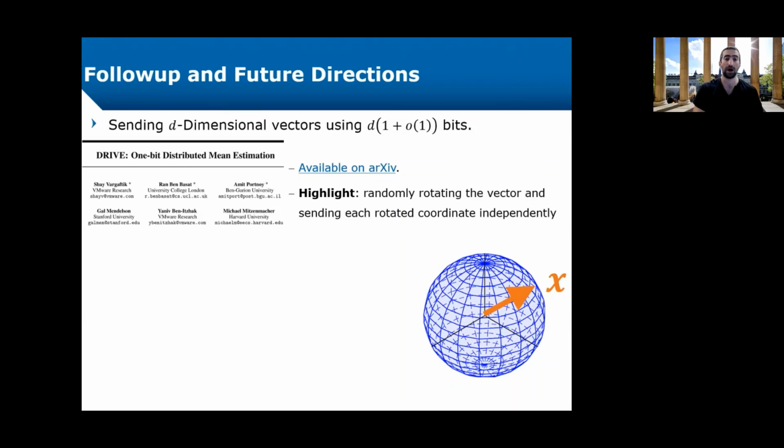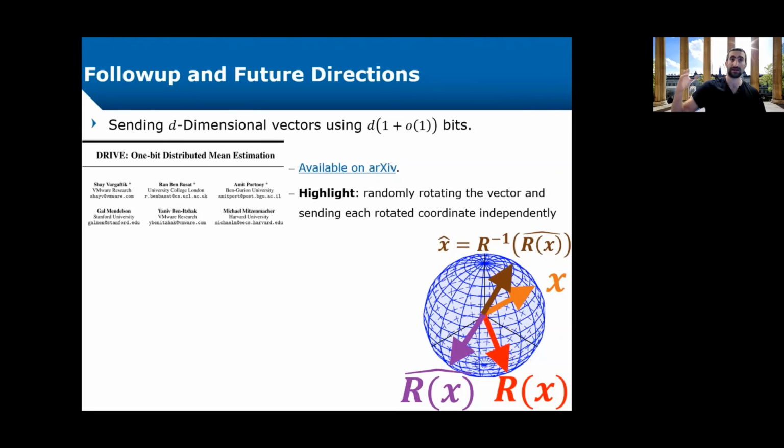So we have some rotated vector Rx, and then we can send each coordinate in the rotated vector independently. Angel gets some estimate of the rotated vector. Angel then applies the inverse rotation to estimate the original vector x. And the idea here is that the rotation is generated using shared randomness, so both Buffy and Angel can generate it without communication.